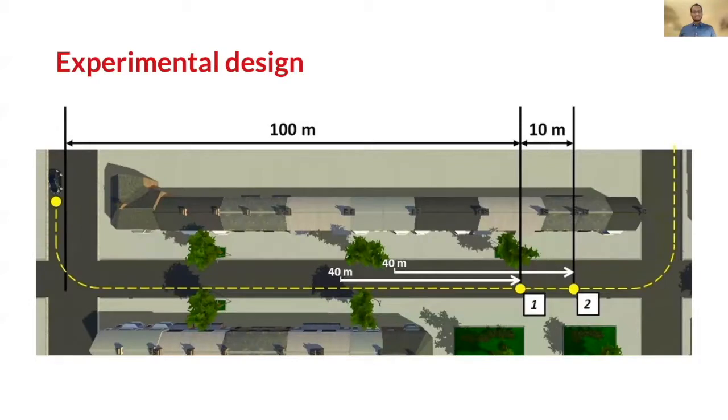The car approached the participant from their left, about 100 meters away, and exhibited one of three behaviors. It either yielded to them, or it yielded to the other pedestrian further along the road, or it did not yield at all. There was a 10-meter separation between the pedestrians to prevent a feeling of them belonging to a group and to ensure enough distinction between the two yielding behaviors.